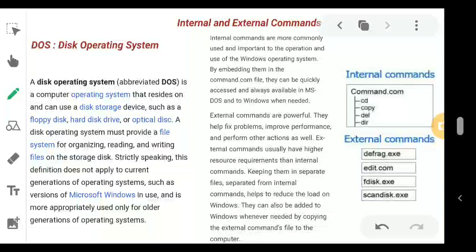DOS is a single user, single tasking operating system, which means that the functions provided by the basic kernel of DOS can be used by only one program at a time. It offers a command line character user interface through which the user has to type the commands to